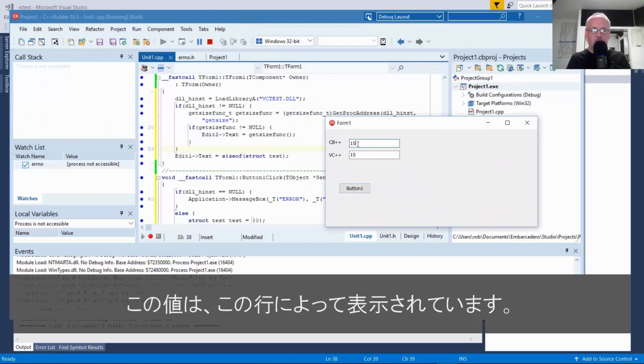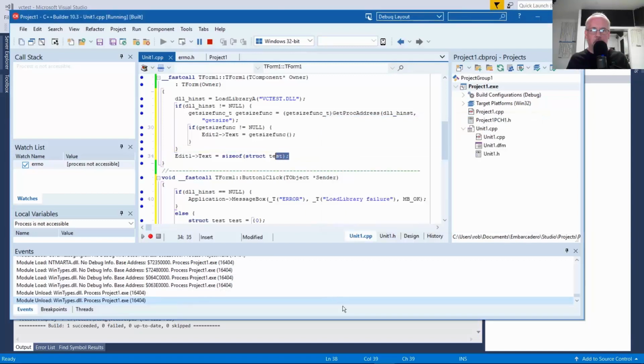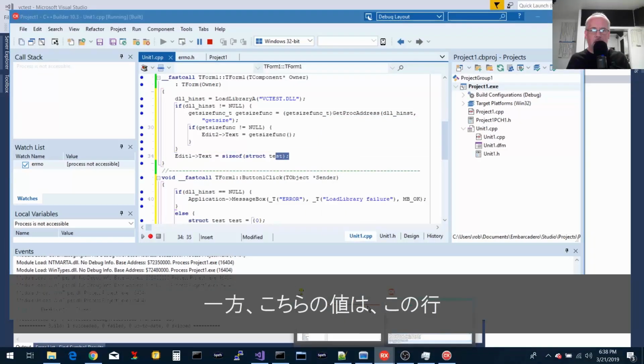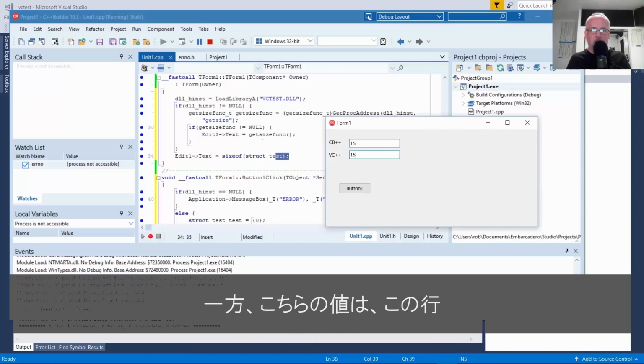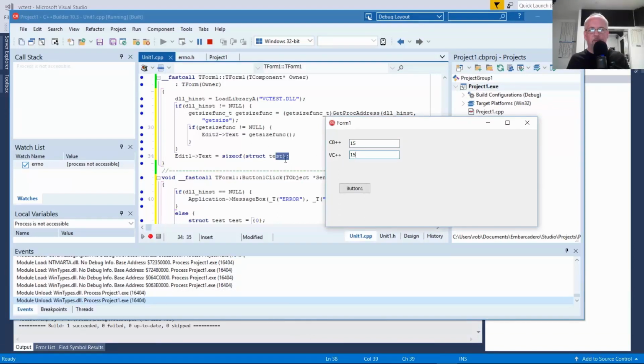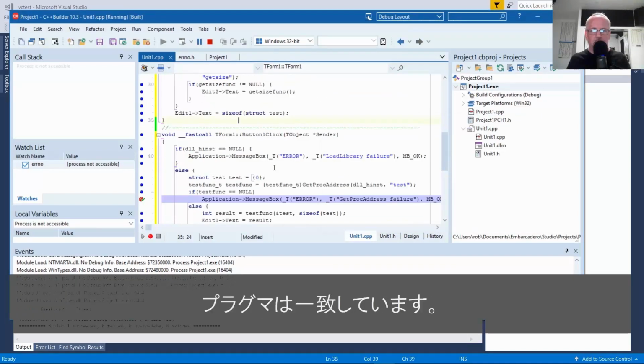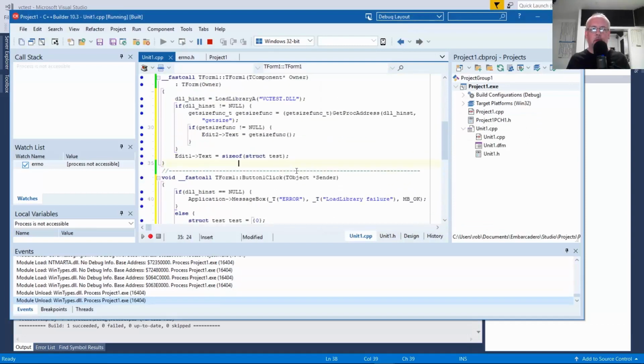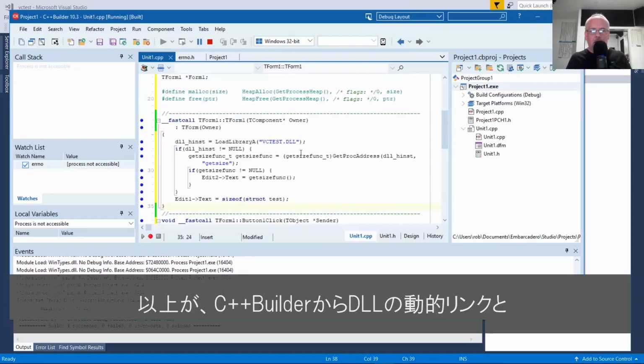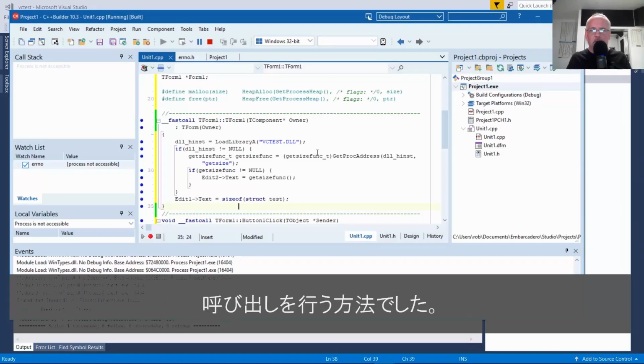So this value was populated by this line right here, while this value here was populated here. It called into the DLL and put that value here. And they agree. We already went over that with the structure packing options and pragmas. So that's how you dynamically link and call DLL functions from C++Builder.